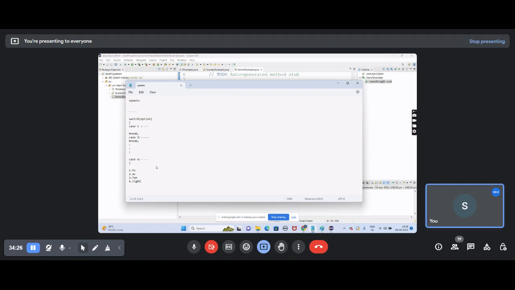If I want to switch on the fan, which case? 3. If I want to switch on the AC? 2. TV? 1. I want to switch on the refrigerator, then